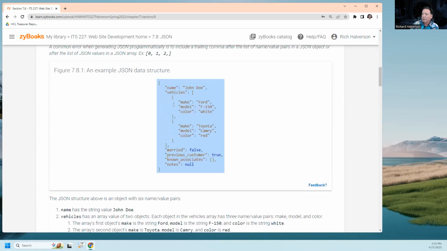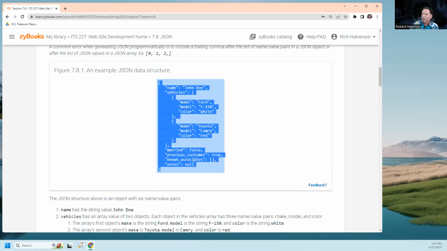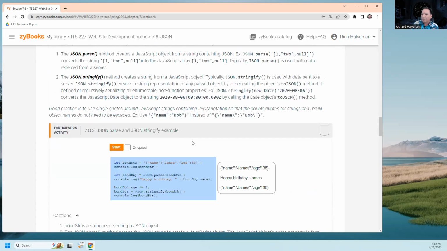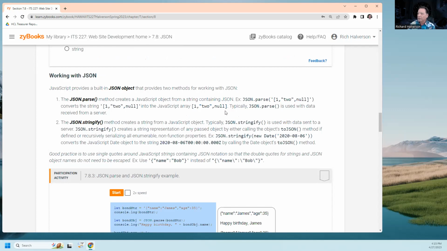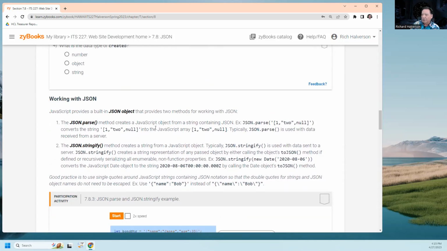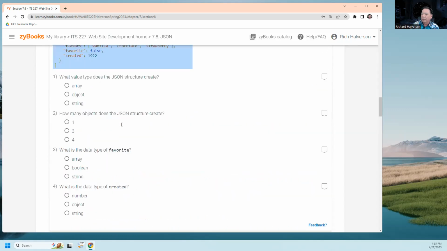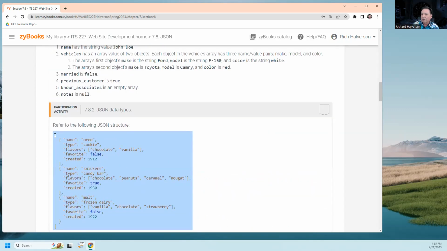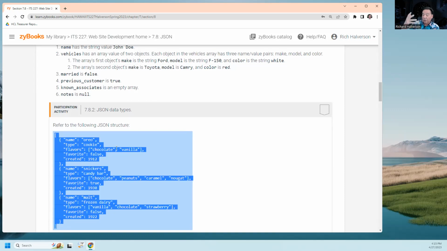It takes that string and converts it into an object where you can reference the items, the name value pairs in the object, where you can actually use the dot notation. So it's a big string, and it's just a string, so it's not a JSON object. But then you do this parse method on it, and it converts it into an object